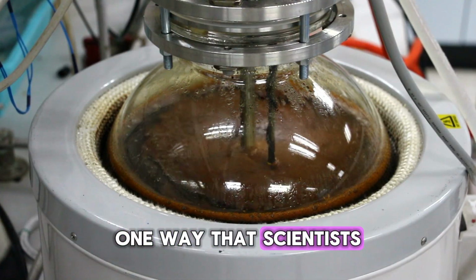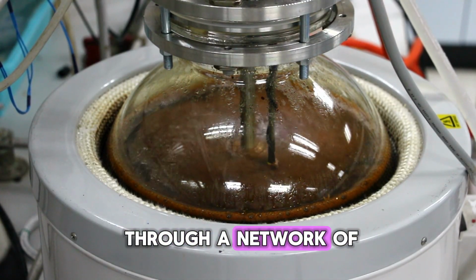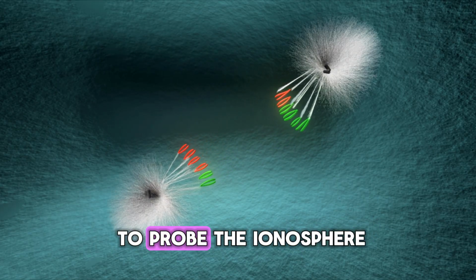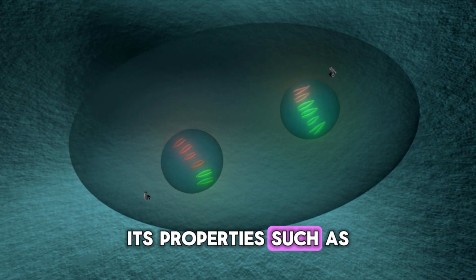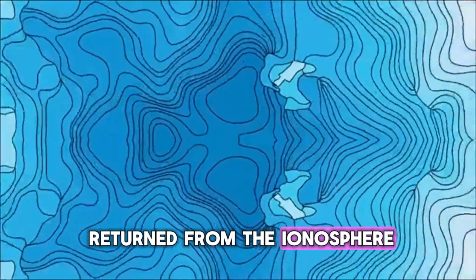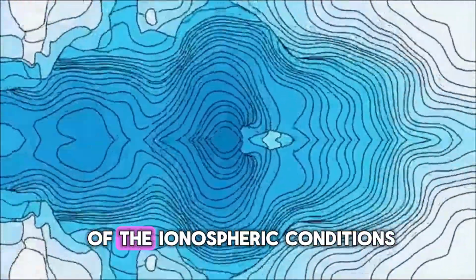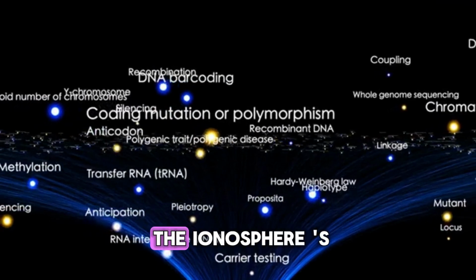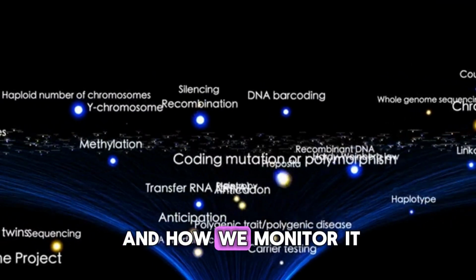One way that scientists monitor the ionosphere is through a network of ground-based ionosondes, which are specialized instruments that use radio waves to probe the ionosphere and measure its properties such as electron density and critical frequency. By analyzing the signals returned from the ionosphere, scientists can create maps of the ionospheric conditions and track changes over time. So now that we've talked about the ionosphere's effects on our lives and how we monitor it, let us